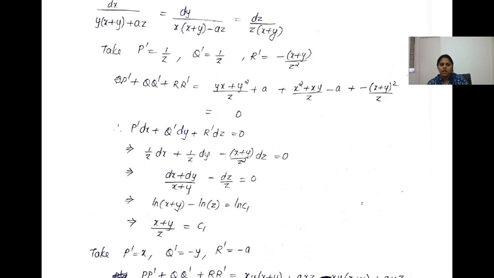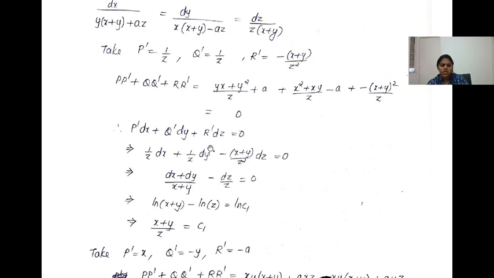You can see that the sum pp dash plus qq dash plus rr dash is equal to 0. Once it is 0, you are going to get the differential p dash dx plus q dash dy plus r dash dz equal to 0, and solving for this,